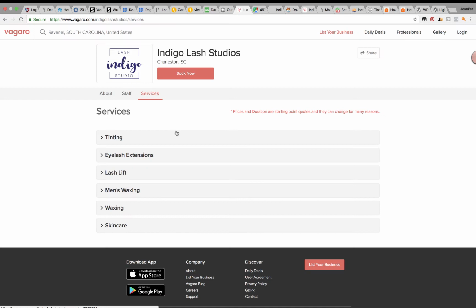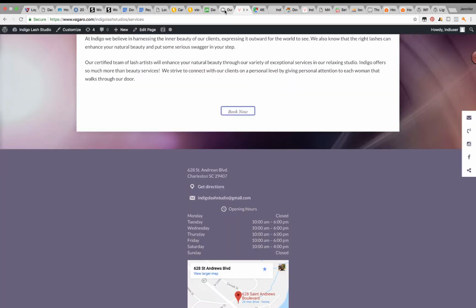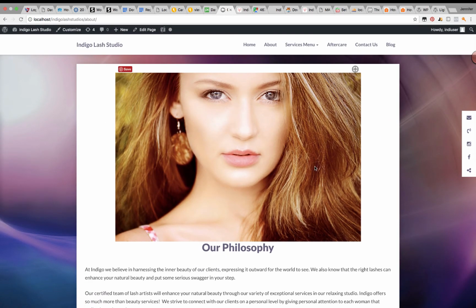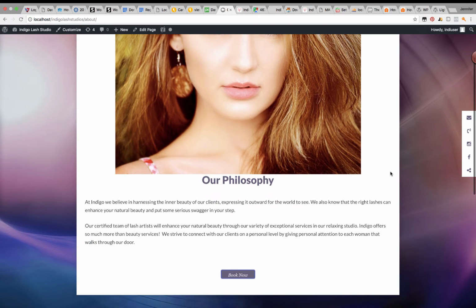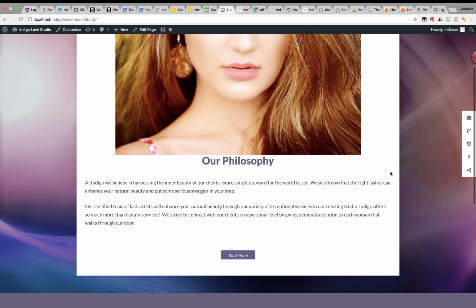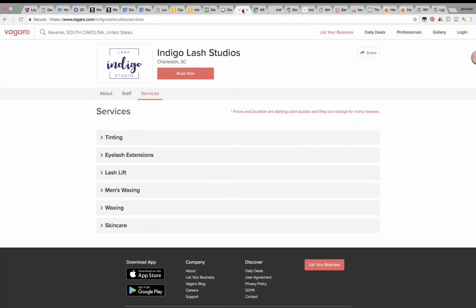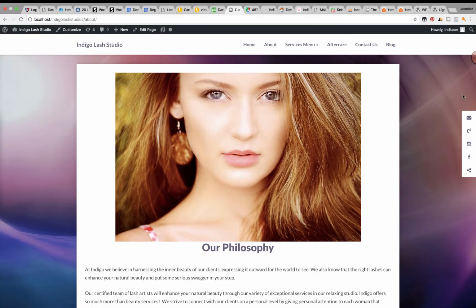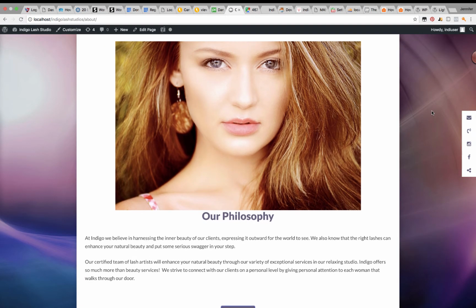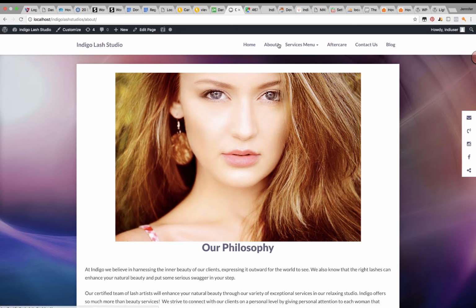Now, the one thing I will say is that you need to make sure that the prices that you have on Vagaro are the same as the prices that you're listing on your new site. There are some differences, so you're going to want to go through and fix that so that if somebody books a service through Vagaro, you know it's going to cost the same. And I think the prices that you have in Vagaro are a lot less in some cases than on